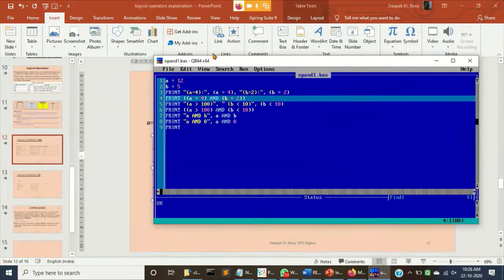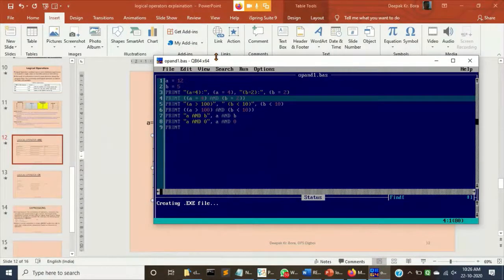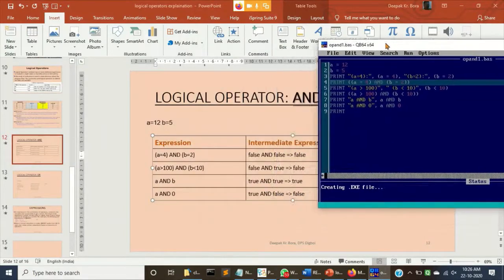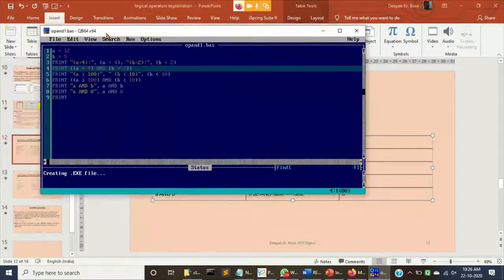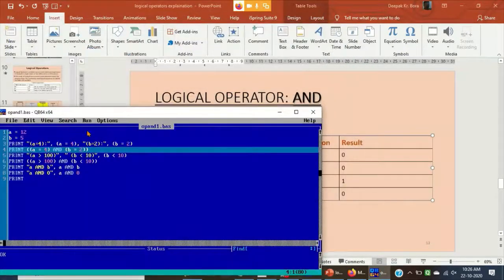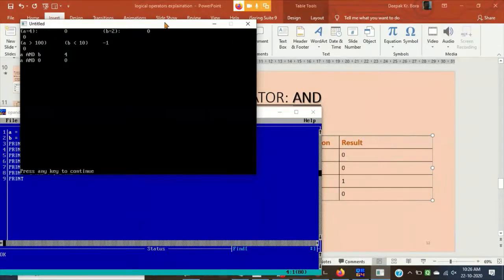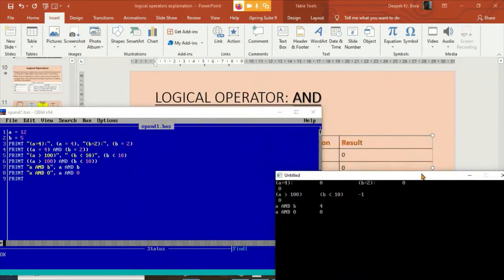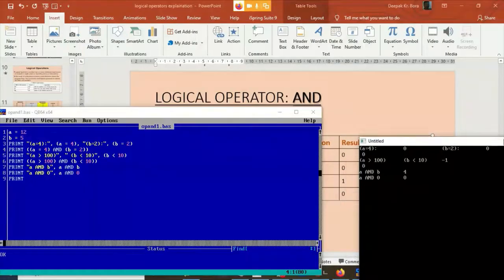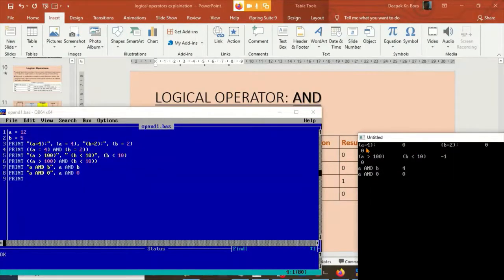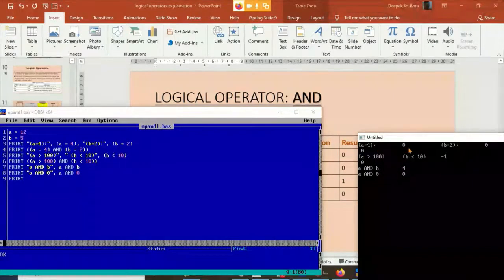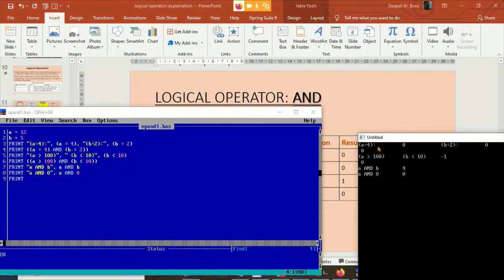Then you can see the output. F5. See the output. A is equal to 4, this is false. B is equal to, this is false because A is equal to 12 and B is equal to 5. So the resultant output is false.